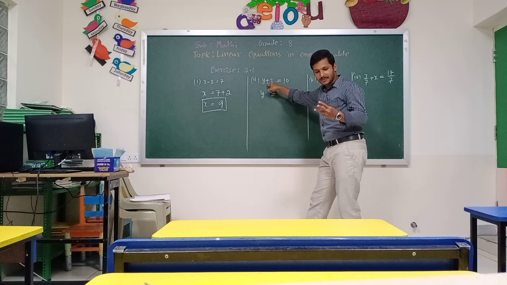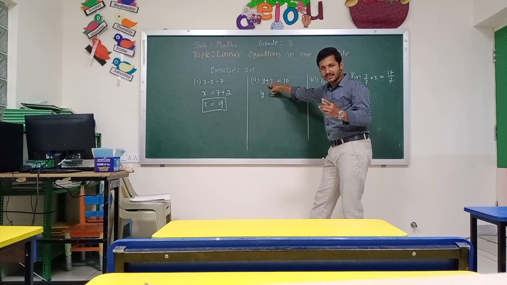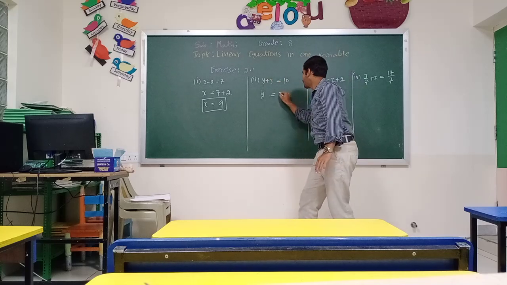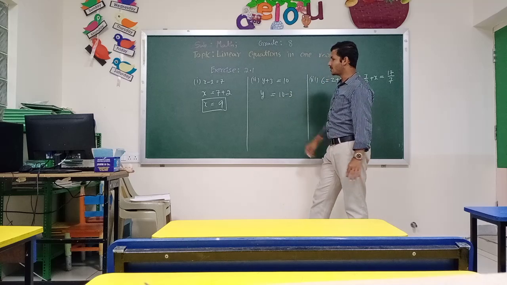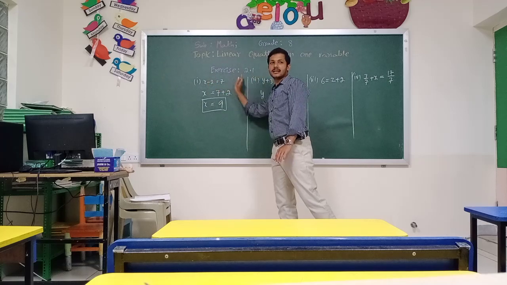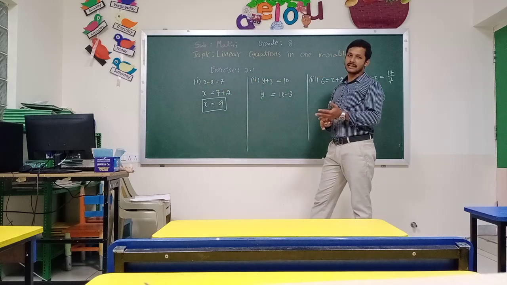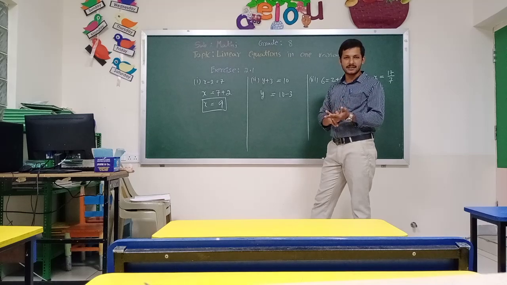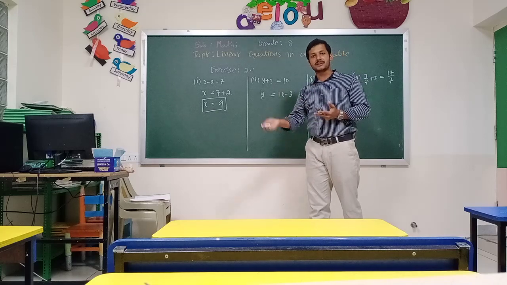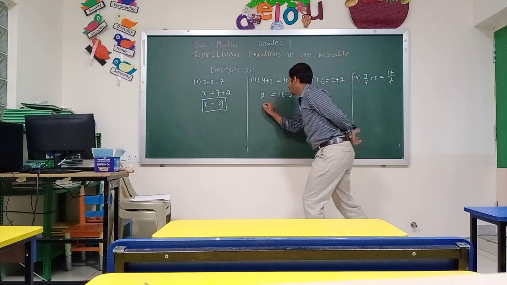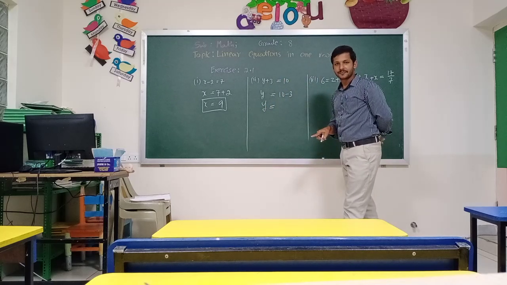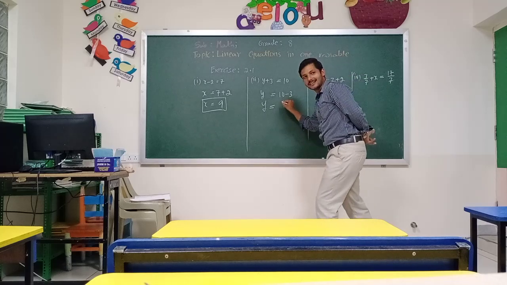When you transfer 3 to the other side, plus 3 becomes what? Is it minus 3, multiplied by 3, divided by 3, or what? It has to be minus 3: 10 minus 3, because you know the sign of the number changes on transferring from LHS to RHS or from RHS to LHS. If it is plus, it becomes minus. If it is minus, it becomes plus. Similarly, if it is multiplication, it becomes division, and vice versa. y equal to 10 minus 3. What is 10 minus 3? Yes, you are right. It should be 7.